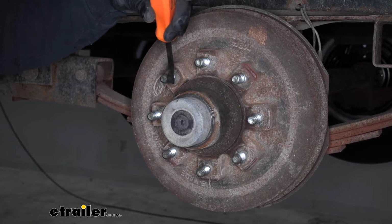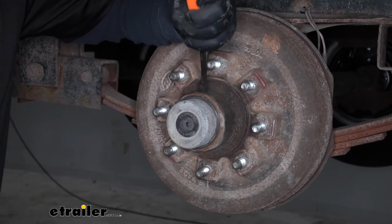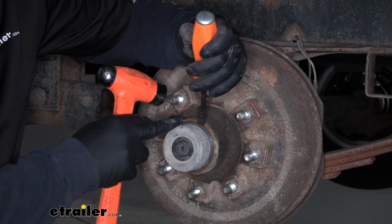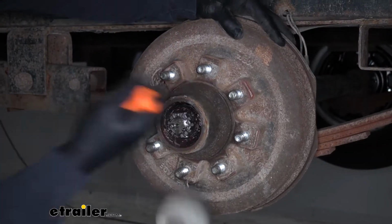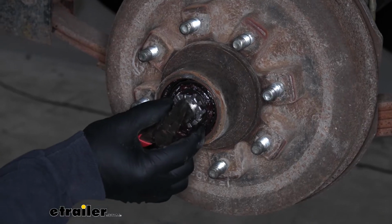Then you could take a pry bar like this, or a flathead screwdriver, and we're going to drive that or wedge it in between the hub itself and this cap to separate the two. You can just pop it off just like that. We can now take this nut off,